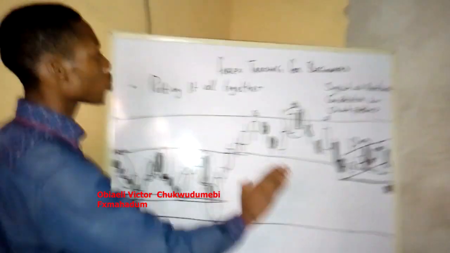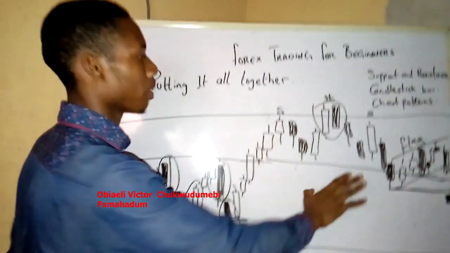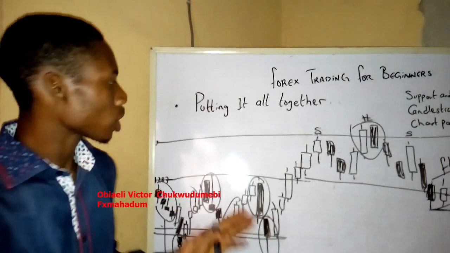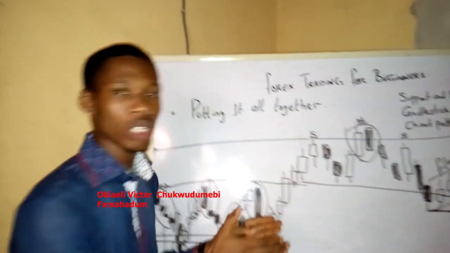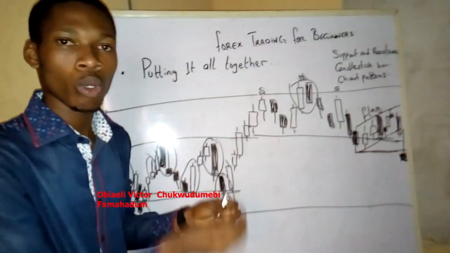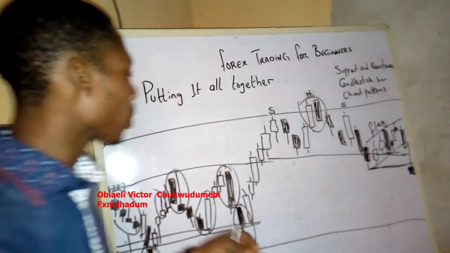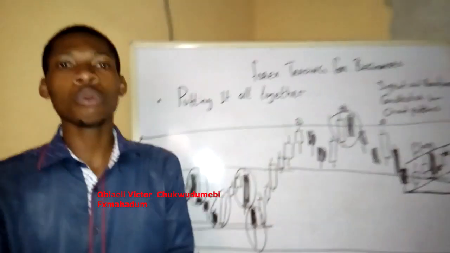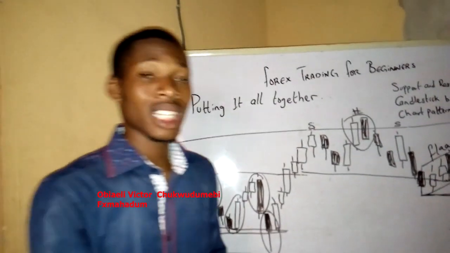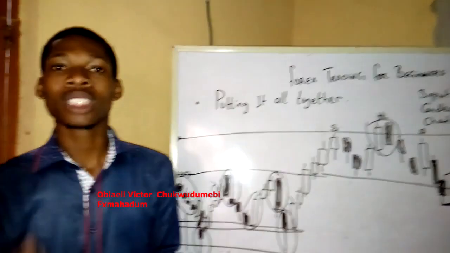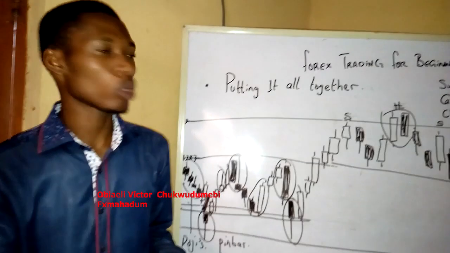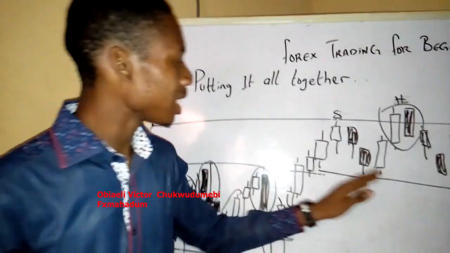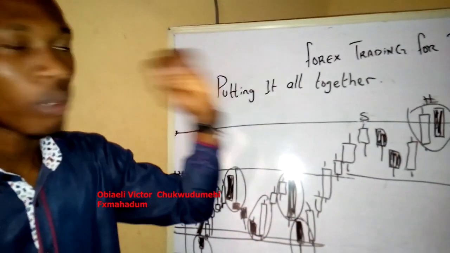So this is how it is. You can see we put them all together: the support and resistance, candlestick bars and the chart patterns. When you trade forex this way, just focus your attention on learning all this. Then within 6 or 7 months, you're able to see positive returns. It does not really matter if the returns are in cash or in knowledge, in understanding the market, because you need to understand the market if you want to make maximum return from the market. So for now, this is what we've got. Don't forget, we need